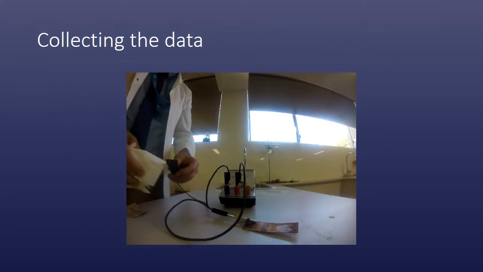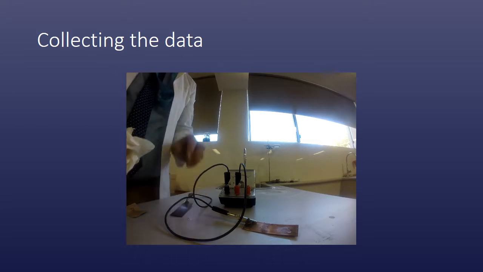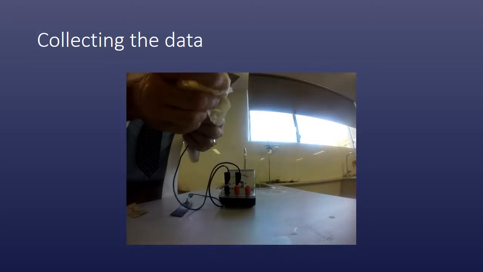Well, the first thing we can do is we can replace the liquid. So the liquid that I just used was distilled water. So distilled water assumes there's no ions. The fact that we've actually got a reading suggests that maybe that beaker wasn't as clean as it could have been, and there might be a few little ions moving in there to close the circuit. But I also have some